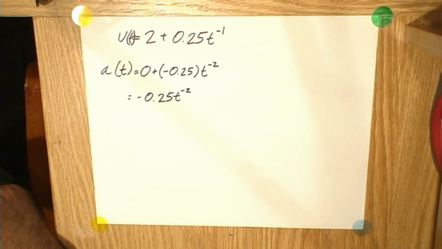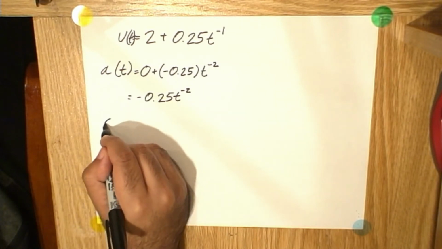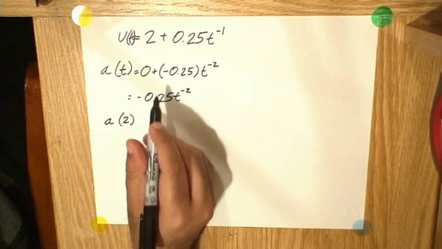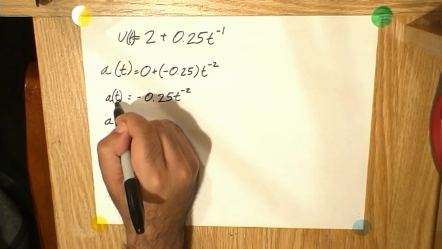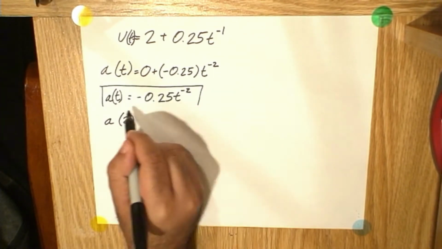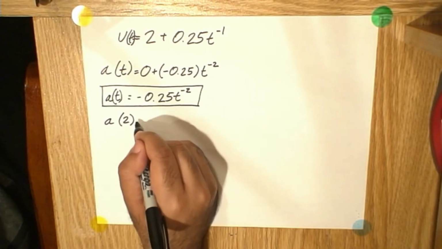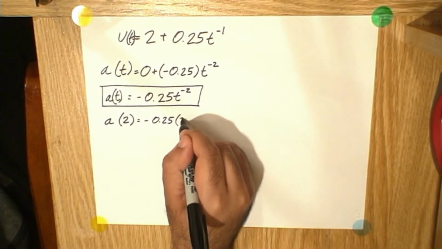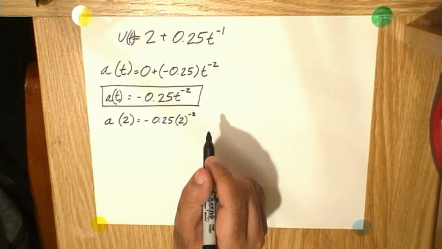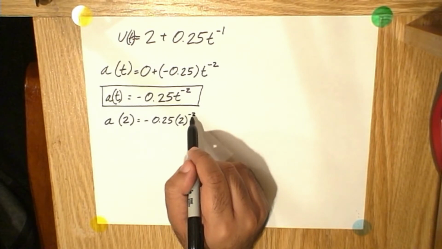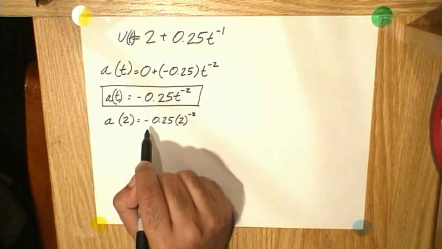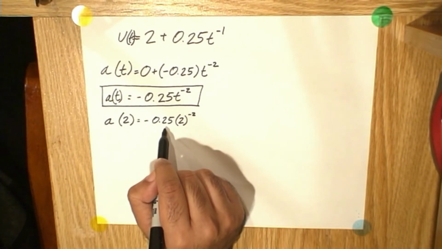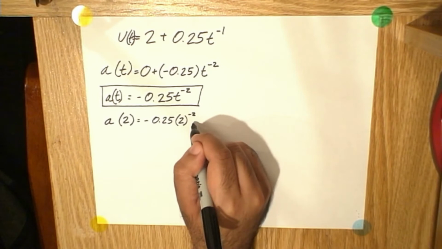We were also asked to find what the value of acceleration is at the time of 2 seconds and at the time of 5 seconds. So the acceleration at 2 seconds, first of all, let me put this as the solution here. The acceleration at 2 seconds would be negative 0.25 times 2 to the negative 2 power. So 2 to the negative 2 power would be 1/4, and negative 0.25 multiplied by 1/4 is going to give us,